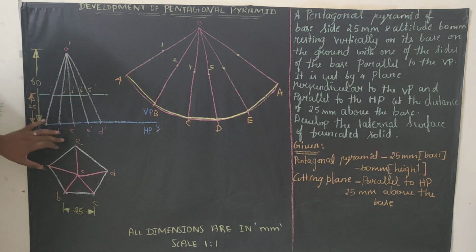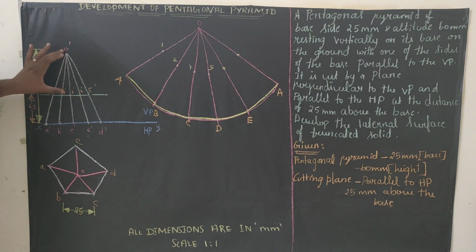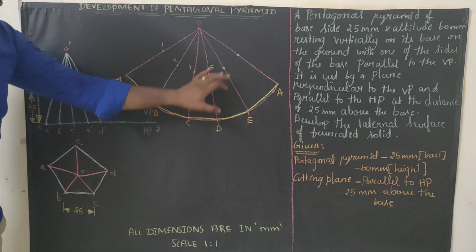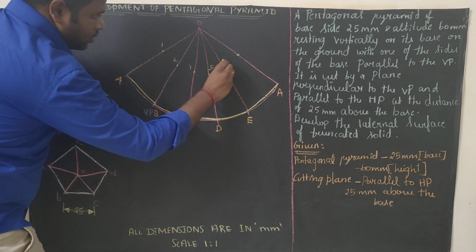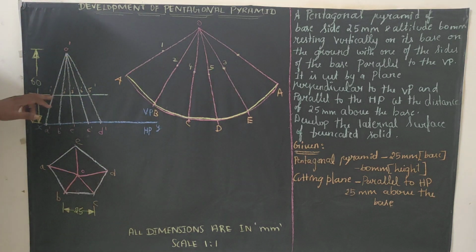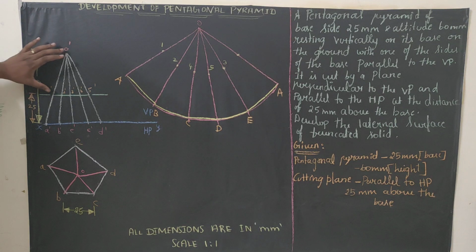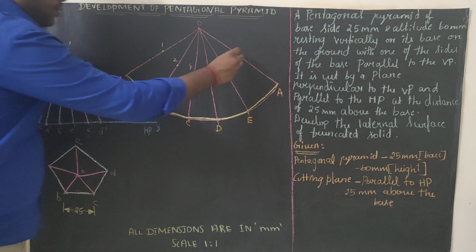Measure from O to E, O dash to E dash, 3 dash is there, right? Measure from O dash to 3 dash, it's a line between O and E. Between O and E, we need to mark it as 3. So here is cutting point 3. And the remaining one as usual, measure O dash to 1 dash, whatever distance you are having, same, mark 1.